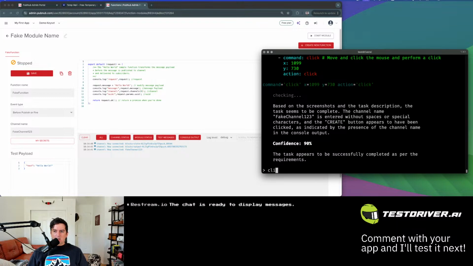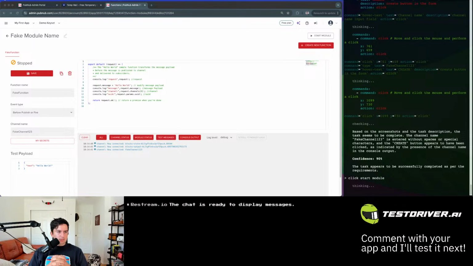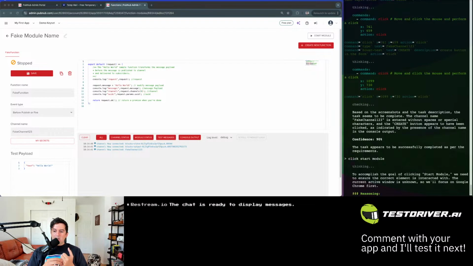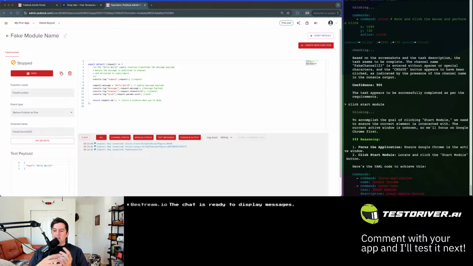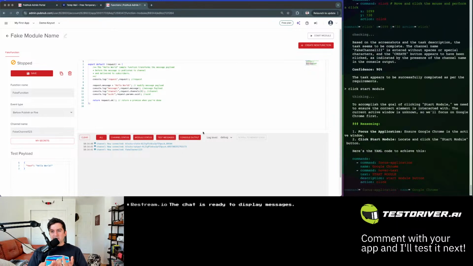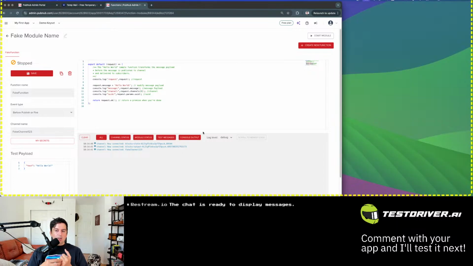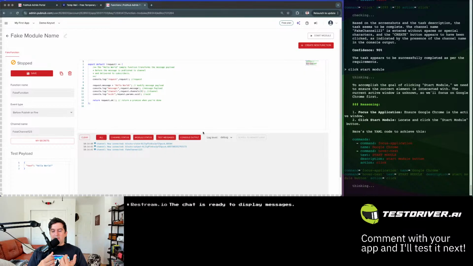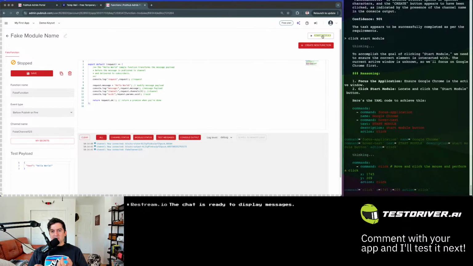Click Start Module. And then I'll show you an assertion. I probably should have been putting assertions here kind of along the way. Assertions check that the state is true and fail the test if they're not true. Searching for Start Module button. In some ways, matching any kind of text is an assertion because, if something doesn't work and that text doesn't appear on screen, then the assertion